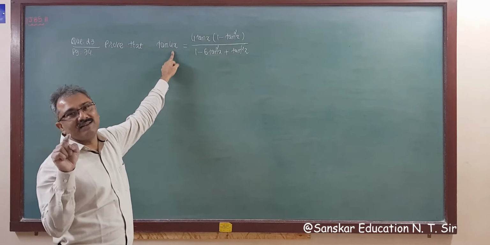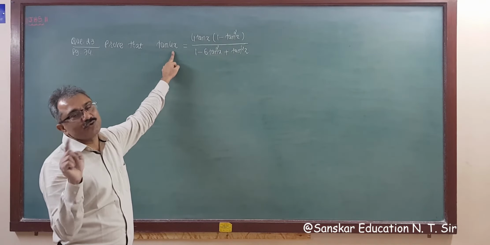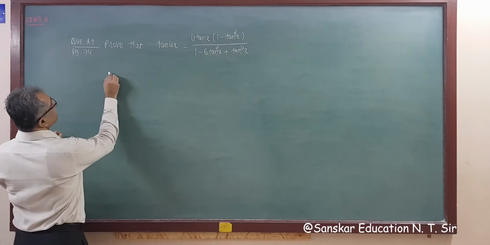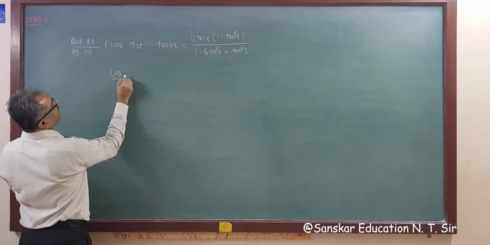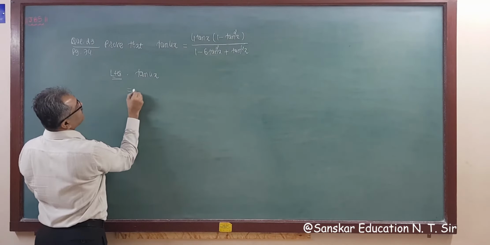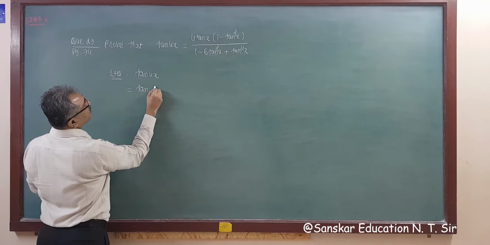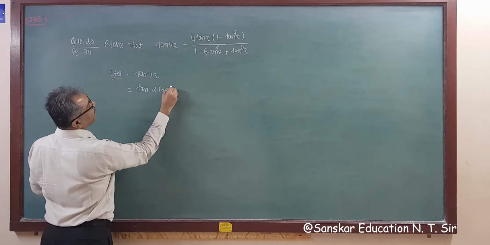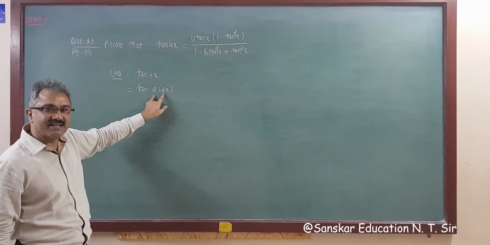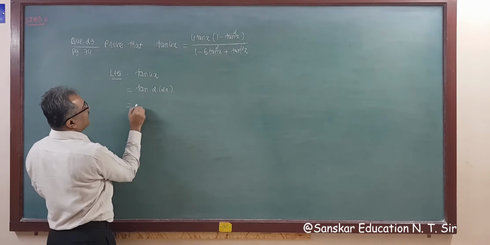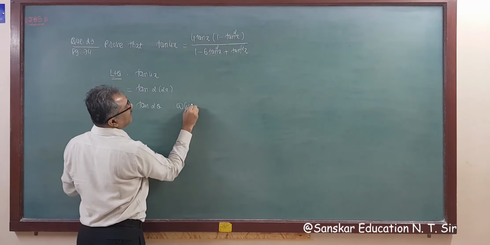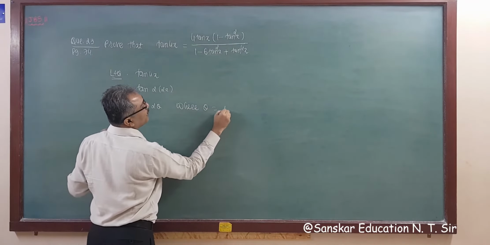If we double 3, then this becomes 6. So we have to double this 4 as 2 into 2x, right? So taking the left hand side, this is your hint. So tan 4x. Can I write it like this? Tan 2 into twice x. So 2 into 2 is 4, 2 theta. Assume twice x as theta. So this is tan 2 theta, where theta is equal to twice x.